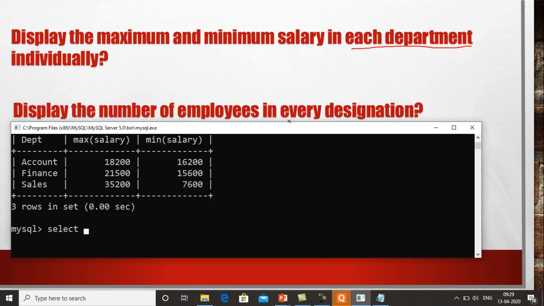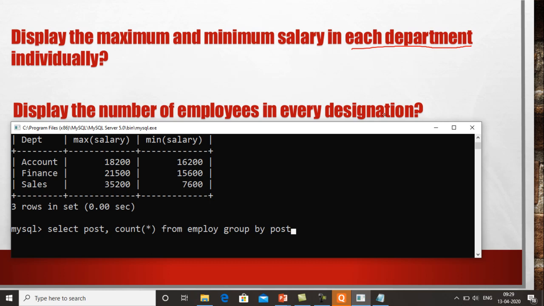In this case we have to find the number of employees in every designation, so we have to make groups on the basis of designation, and for designation we have a field post in our table. So we write post, comma, count star from employee, then group by